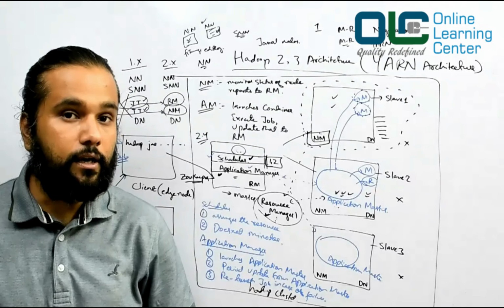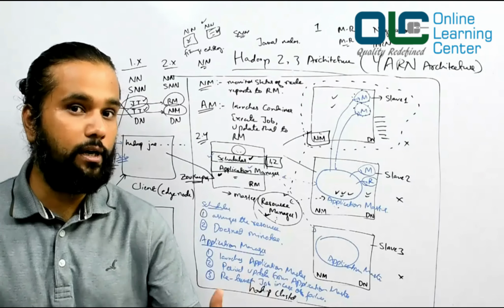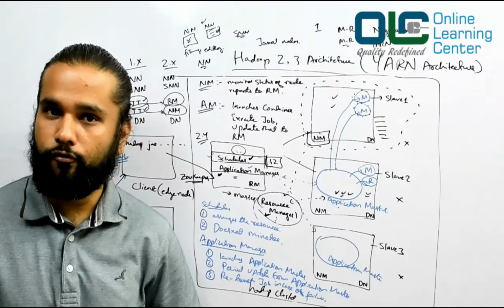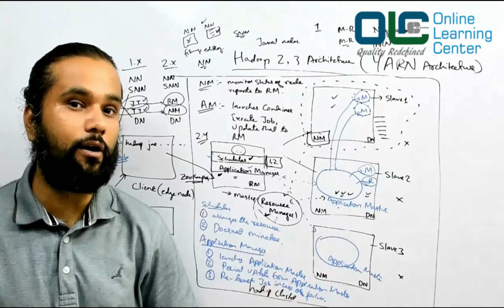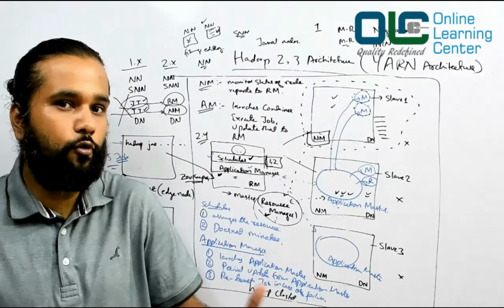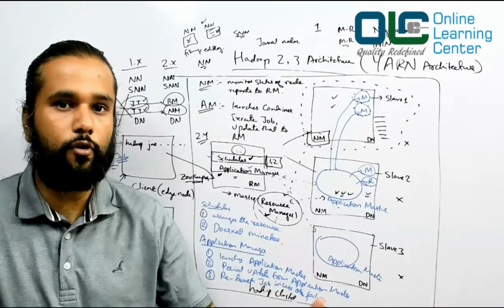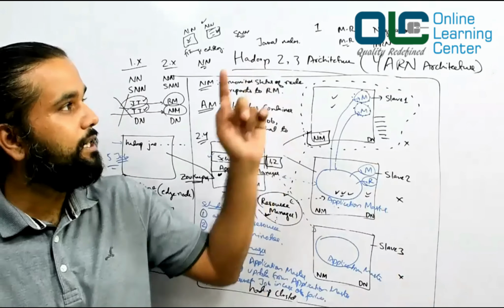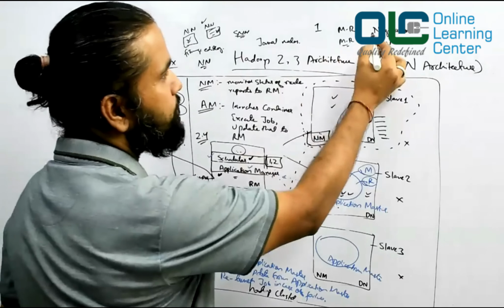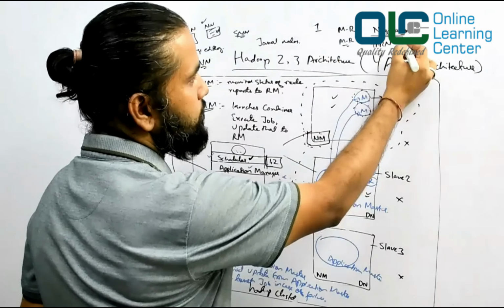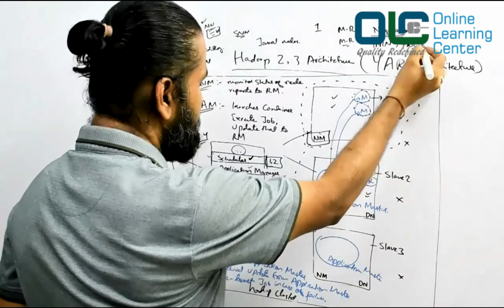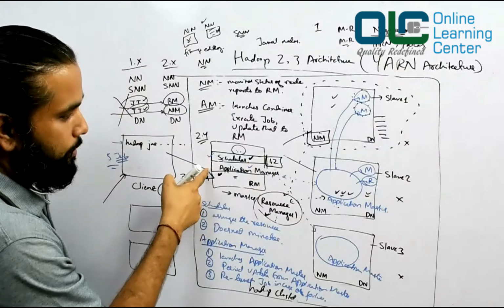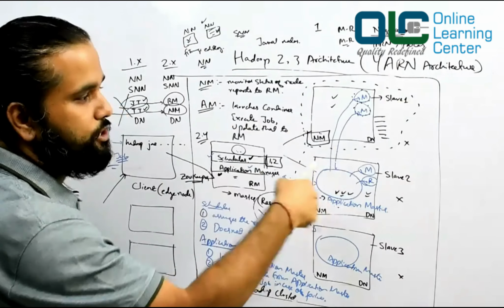So it decoupled MapReduce from the whole Hadoop framework, and made it ad hoc, like plug and play. If you want, you can configure MapReduce. If you want, you can configure Spark. If you want, you can configure anything else. So that's what it did. And now negotiating and processing are divided into scheduler, application manager, application masters, and so on.